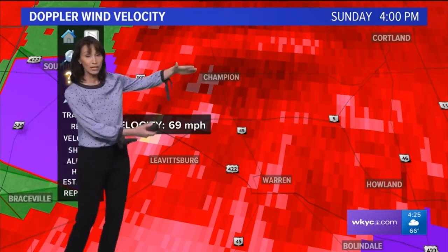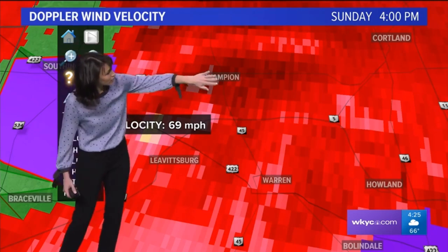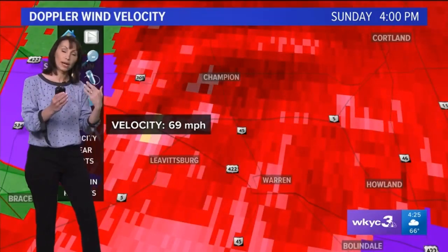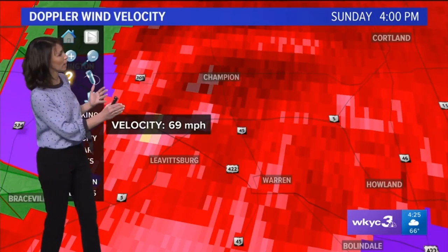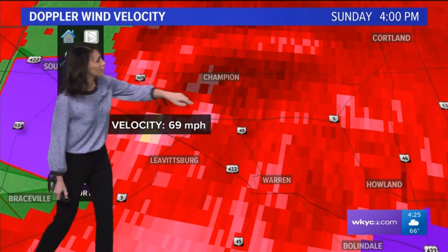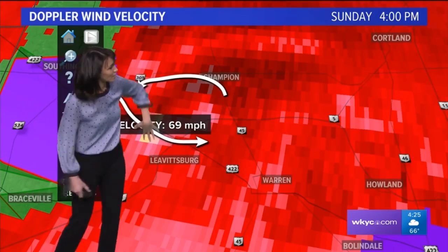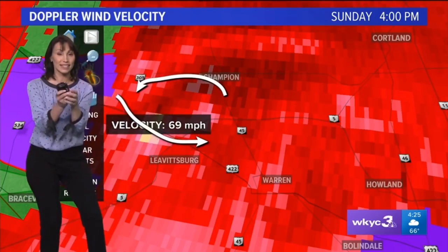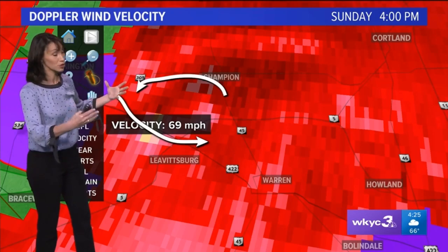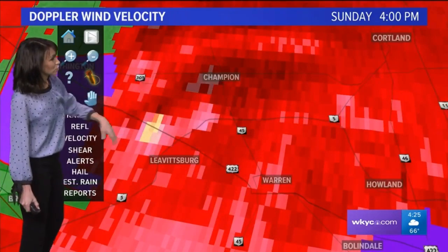At the same time, up here in Champion, now mind you, this is not a huge distance here, but it's broad, and you can see this little weakness, so that may be an indication that we have some winds going toward the radar. So the radar is picking up on the direction that the raindrops are going. If you have raindrops going toward the radar up here in Champion, and then raindrops going away from the radar down here toward Leavittsburg, that's where you start to see that broad rotation. This is not the tight, super big kind of rotation. This is broader, but it's got some speed to it. So we're probably going to have the potential here for some wind damage as this continues to move to the